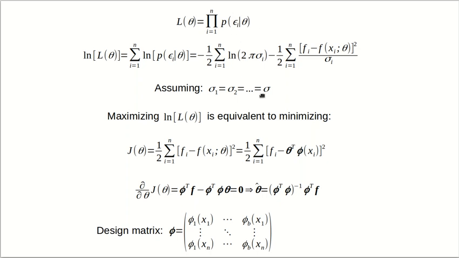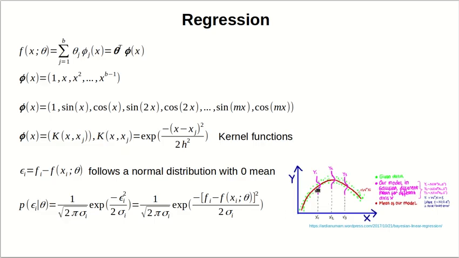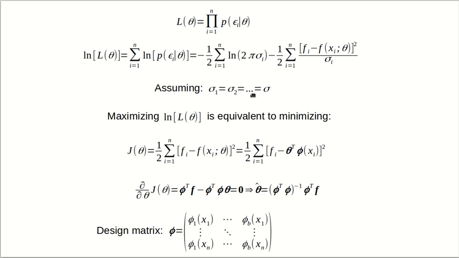And now if we do some simplifications, we're going to get this summation, subtract 1/2 this particular summation, right? At this point, one of the popular choices for sigma i is to assume that sigma 1 equals sigma 2 equals a common sigma. So here we're assuming all the different Gaussians are going to have exactly the same width, right? And if we do that, maximizing this log likelihood